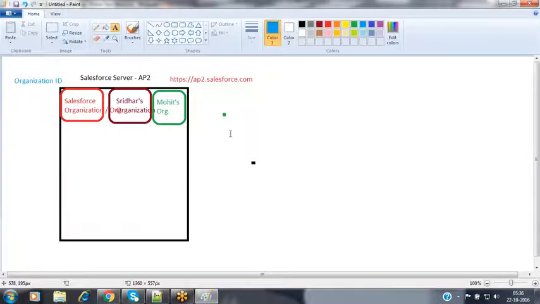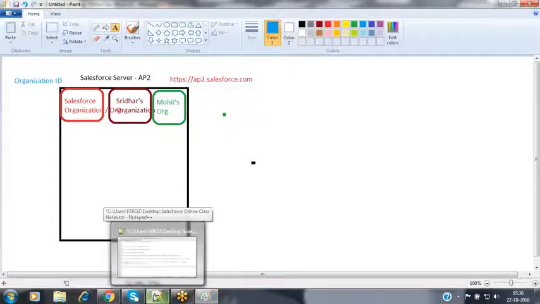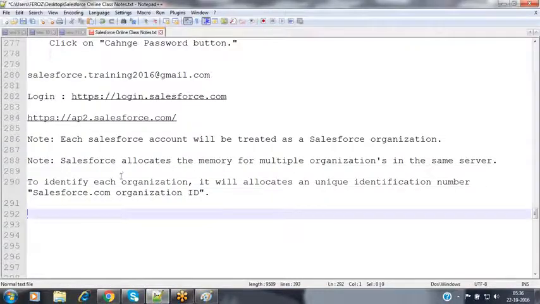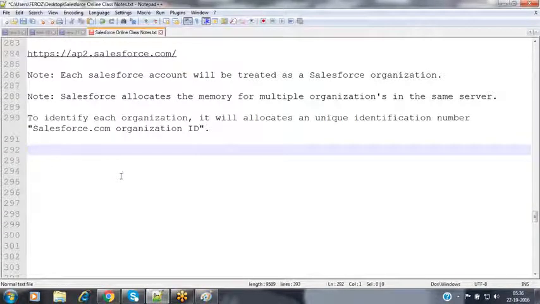Whenever you make a request, it will forward various details. It may be not only for Salesforce, it may be for multiple organization applications also, whether Java or .NET or whatever.